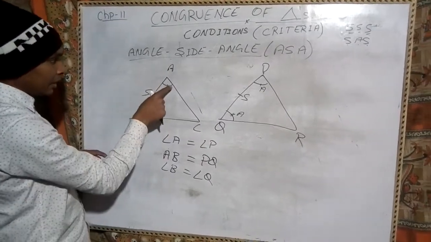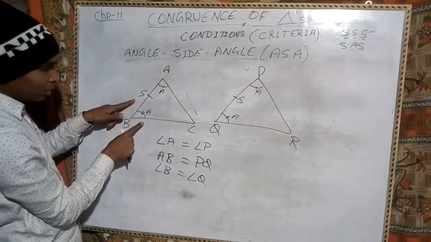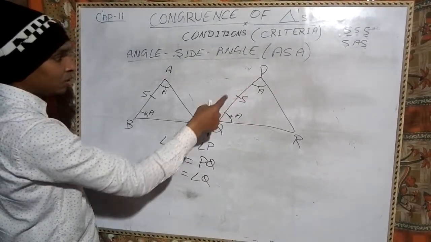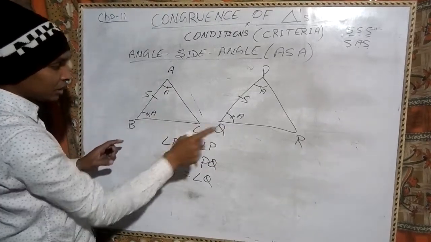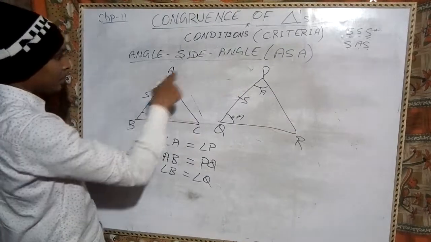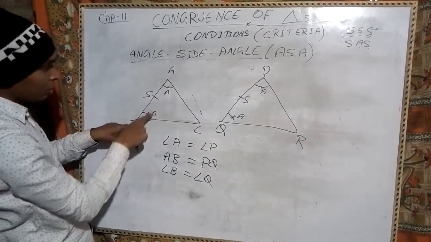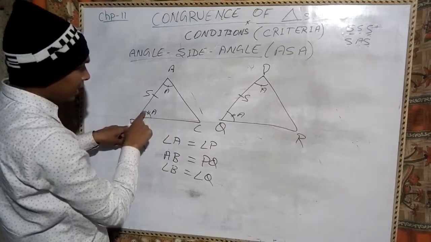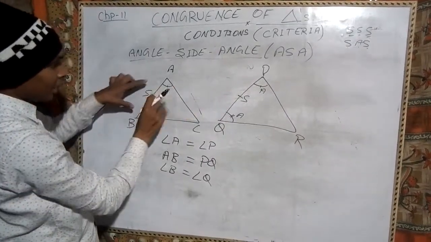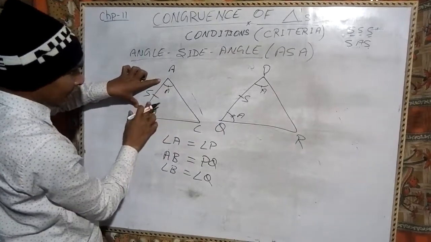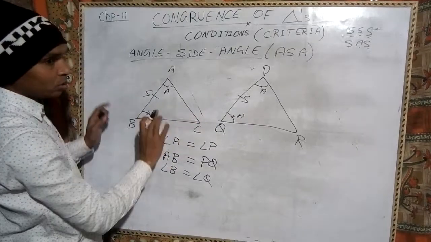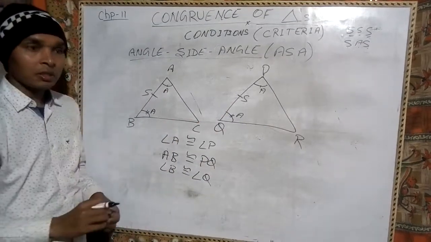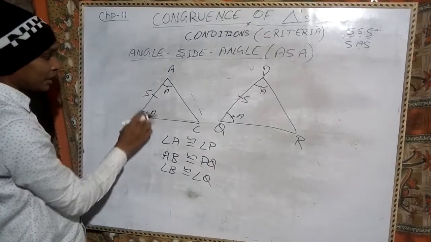जब किसी triangle में एक angle, एक side और दूसरा angle इक्वल और सिमिलर हो दूसरे ट्राइंगल के सेम एंगल, सेम साइड और सेम अनदर एंगल के, जब ये तीनों कंडीशंस इक्वल हो तो वी कैन से एंगल साइड एंगल। ये एंगल और ये एंगल दोनों के बीच में साइड है, तो ये एंगल इसके इक्वल, ये एंगल इसके इक्वल और ये साइड इसके इक्वल और सिमिलर। तो ऐसा कंडीशन जब दोनों एंगल और ये साइड, दोनों कॉरस्पॉन्डिंग एंगल्स एक दूसरे के इक्वल और सिमिलर होते हैं, तो वी कैन से कंजरेंसी ऑफ बोथ ट्रायंगल, मीन्स बोथ ट्रायंगल्स आर कंजरेंट according to ASA condition.